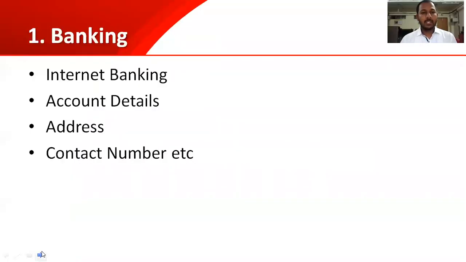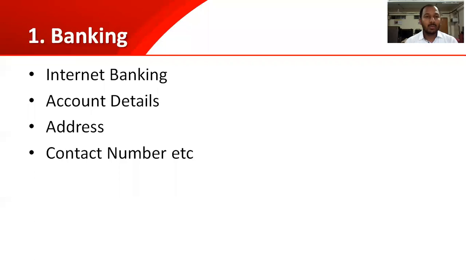The first is banking. Now all of you are using different UPI applications like Google Pay, Phone Pay, etc. Now these all things are using database. How? That we'll see. I have taken here the first point as internet banking. In internet banking, you put username, you put password.